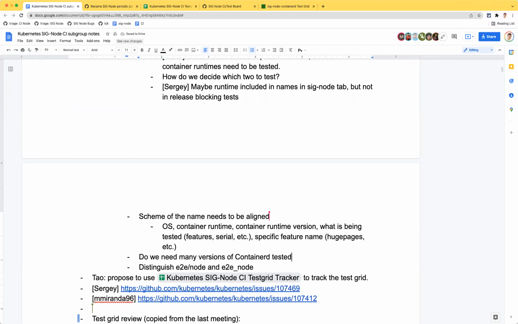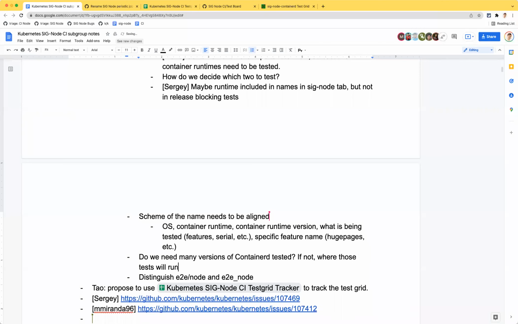Yet again, it would be super good to have those examples because I did not know that. As far as I'm aware, I have not seen those tests catch anything that was not Kubernetes specific, like a Kubernetes bug. Yeah, it was mostly containerd issues, like what containerd did. So I would say that's not the job of Kubernetes CI, right? Kubernetes CI should not be demonstrating to containerd that containerd isn't working right. That should be containerd CI's job.